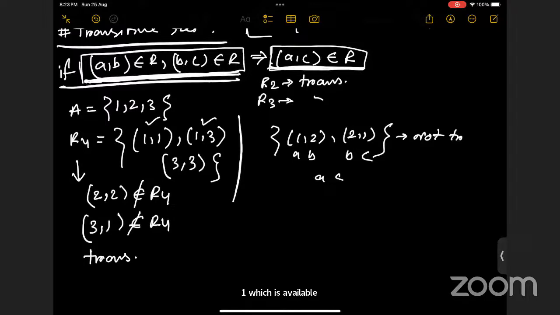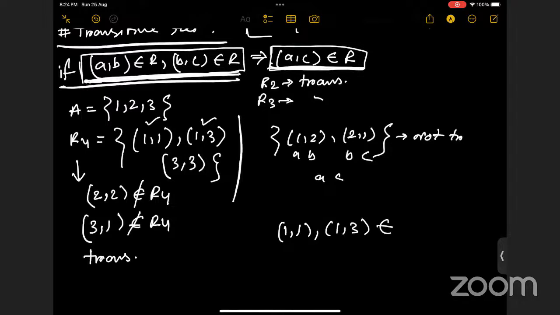But ma'am, you counted 1, 3 twice. No, not necessary, Prabhat. You don't need to take it twice. If you take it one time, it is enough. No problem. Like you say 1, 1 is there, and then you say 1, 3 is there, right? So there must be 3, 1. Why? In order to be symmetric. In order to be transitive,